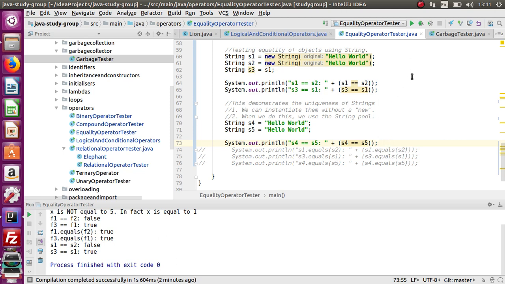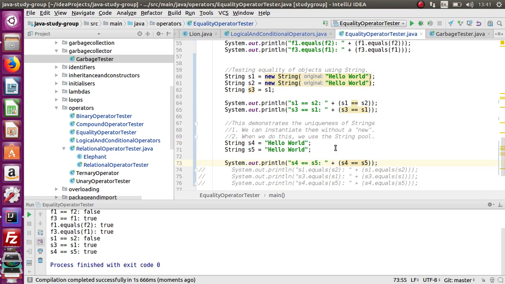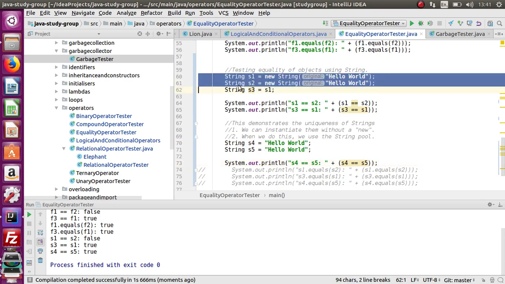Who thinks true? Alright, so Peter's the only one saying true, I think. And you're right, Peter. You're right, Peter. And that's because it doesn't look intuitive, really. Well, it doesn't look intuitive given what we just discussed, because it looks like we've just done exactly the same